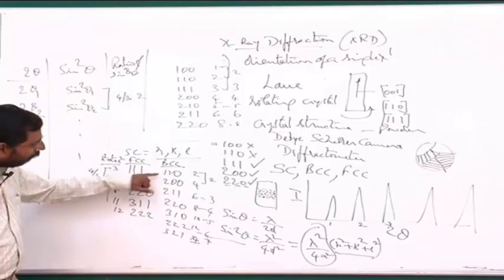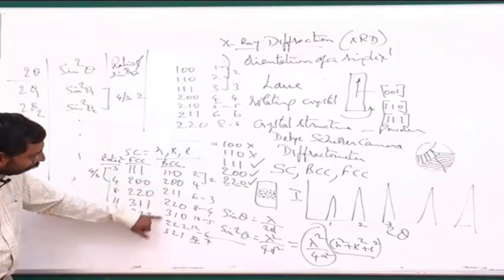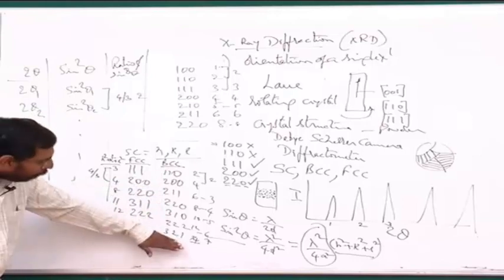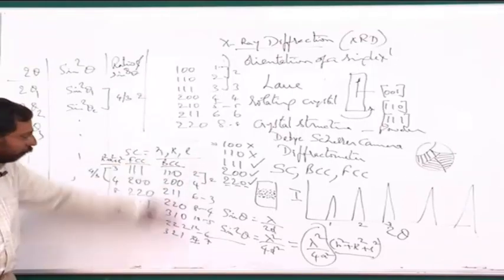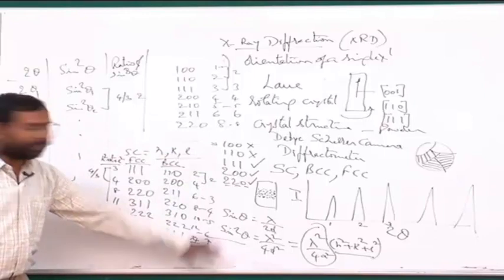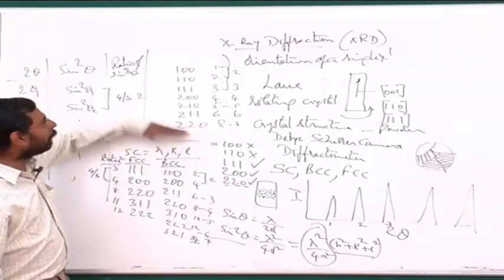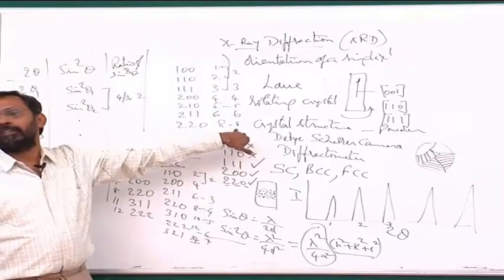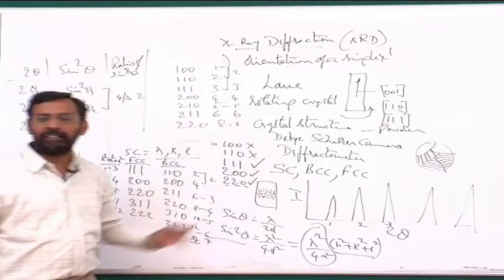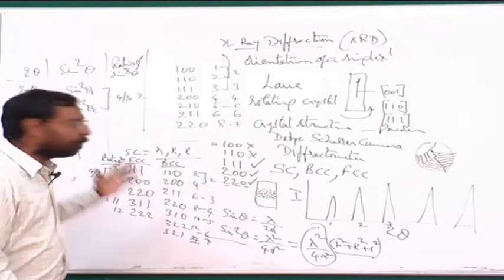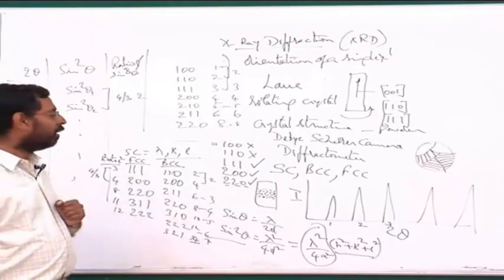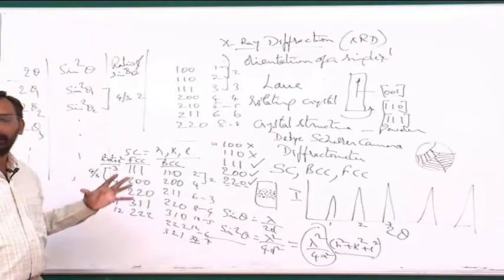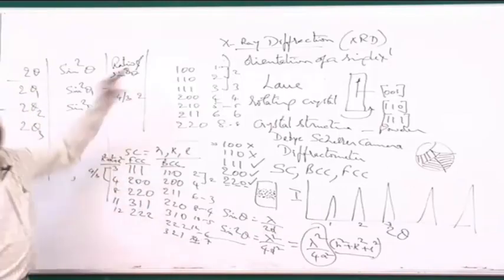So if you see the first peak, second peak, third peak, fourth peak, fifth peak, sixth peak, and seventh peak to the first peak, if I take the ratio, it is always 7 in a BCC, and for the seventh peak to the first peak, the ratio is 8 for the simple cubic. By looking at this, we said we will know whether it is simple cubic or BCC. So this is how we can easily find out simply by looking at this.